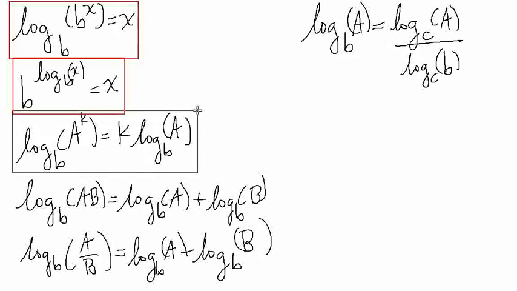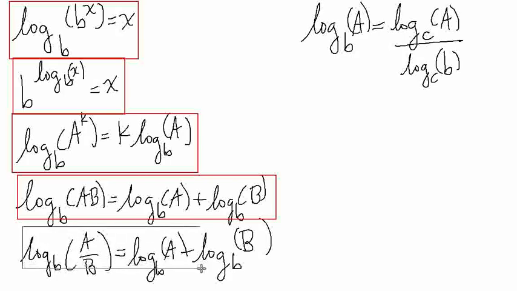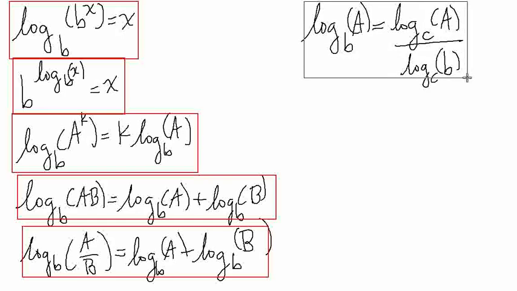Okay, the next one is useful if you have the log of a product. You can break it up into, you can relate it to two logs of two smaller numbers. In this case, a and b. In some cases, okay, and then if you have a quotient, you can break that up into pieces, the log of the numerator and denominator, and you subtract them, okay, and then the last formula is useful if you want